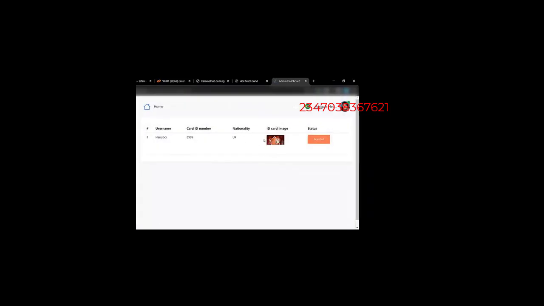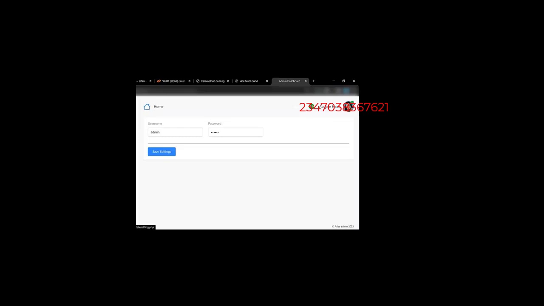Now up next, we're going to go to account settings. Now in account settings, this is where the admin gets to set up their password and their username. So once you get yours, you can easily just change your username and your password right from the account settings page, okay? Now website settings, this is where the admin gets to put in their website name, put in their website URL, the, what's it called,